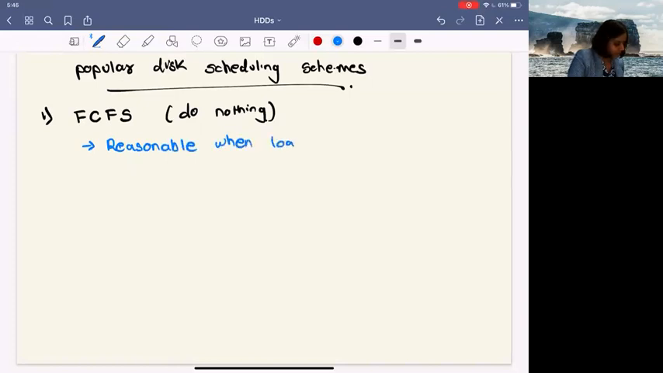When load is low, we wouldn't mind the additional T-seek and T-rotate that we would get for each T-transfer, for the time we are spending towards each IO, then that's fine. If we anyway have very few IOs to be done, it doesn't matter how much time we spend towards that. So it's reasonable when load is low, but